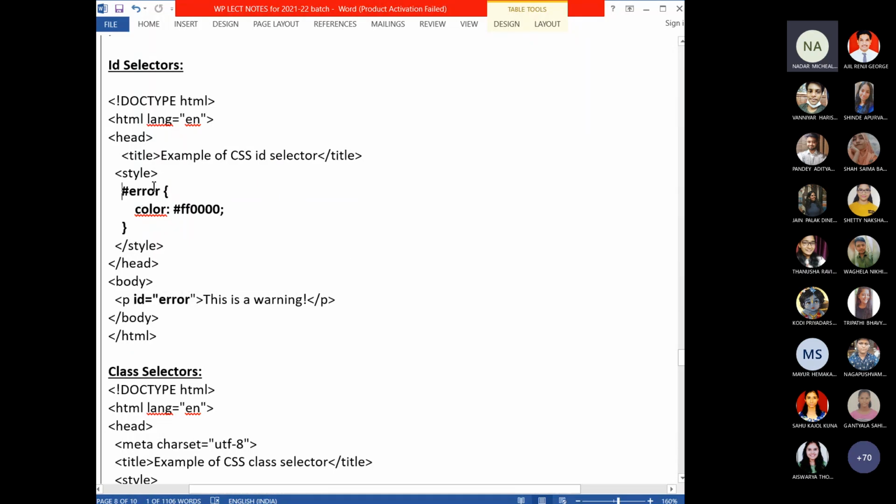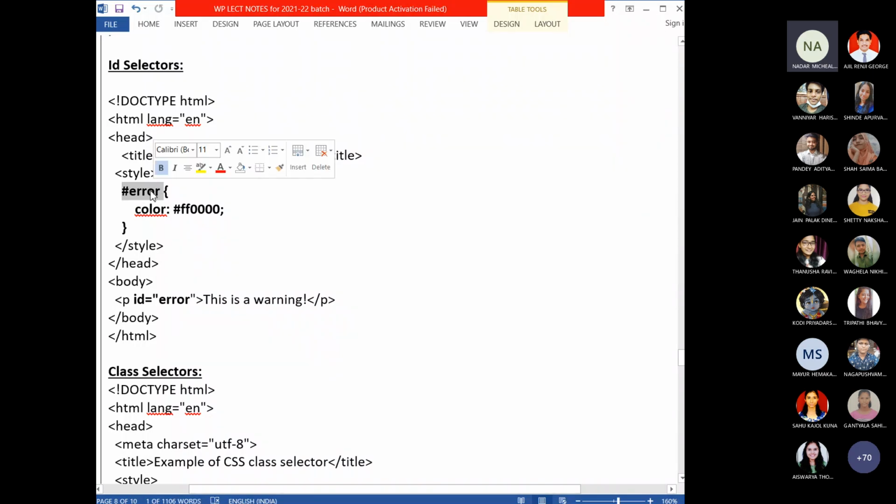Here you are not restricting the style definition with respect to tag. Now you want to use some common style definition, whichever tag you want. So then you can go for ID selector.